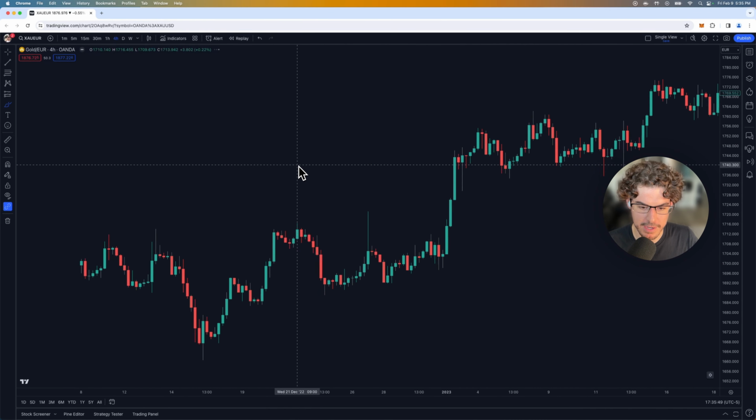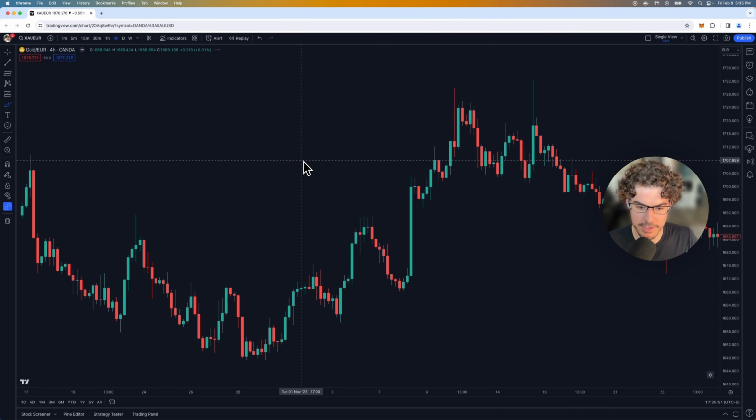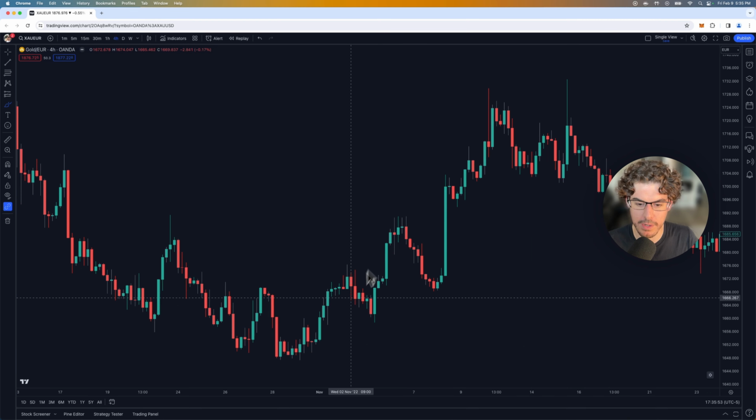So we have to identify here where we can find an uptrend. For example, here's a perfect one. Every single green candlestick here means that price is going to the upside, or there were more buyers at that specific time during those 4 hours, because every single candlestick that you see is the equivalent of 4 hours. Okay, so that's something that you have to understand. It's called a time frame. So this is the 4-hour time frame, and as you can see, let's go ahead and identify what market trend